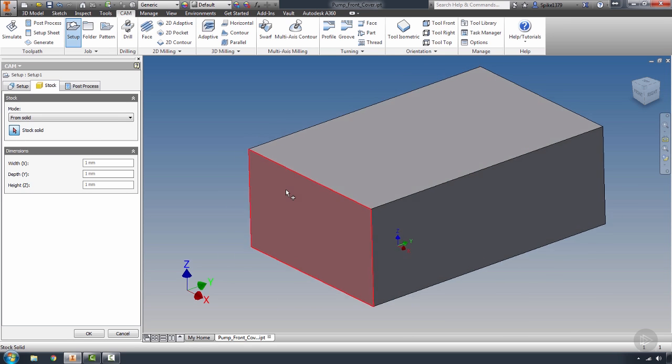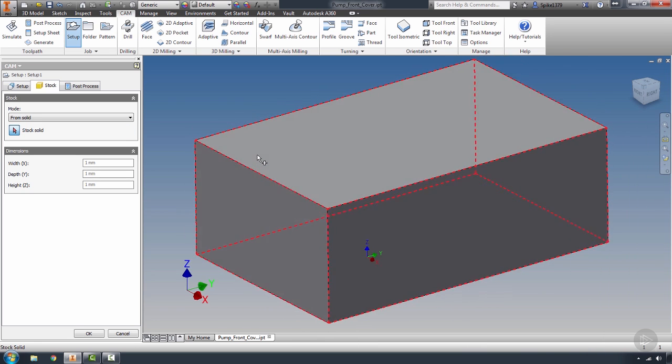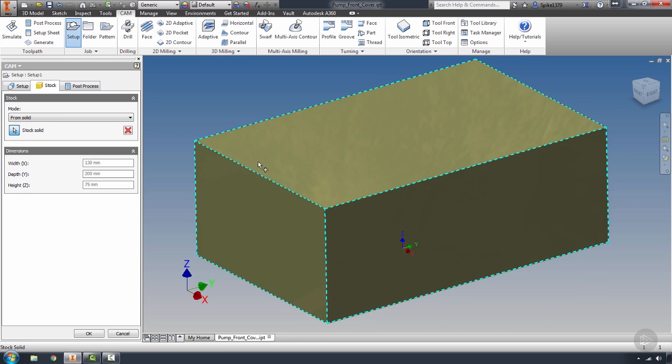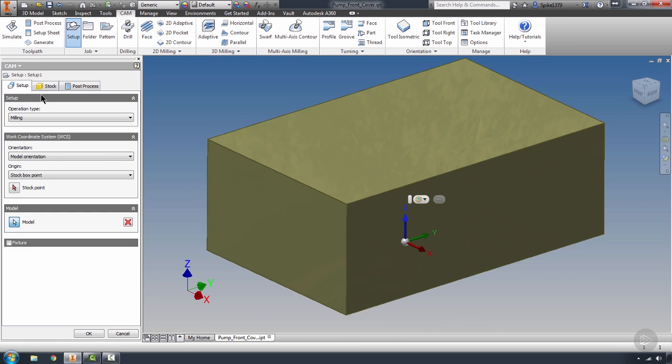Now, currently in HSM, there is a bit of a glitch here, and that is that it wants us to select a solid, but it's only allowing us to select a surface first. Now, it's important to come in here, deselect that, and when you see the entire solid highlighted in the dash red, left-click it, and that selects that solid block. So with HSM now knowing what our stock is and knowing what our part is,